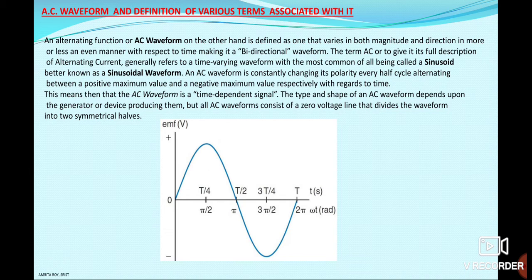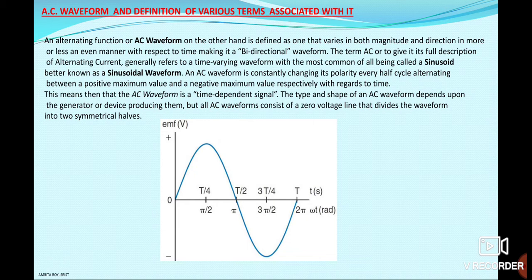So here are some basic definitions that we need to know: what is peak value, what is amplitude, what is frequency, what is a cycle. In the diagram, we can see that the alternating quantity is achieving a certain magnitude at a particular point. We will call that point the peak value of the AC waveform, be it on the positive half cycle or on the negative half cycle.